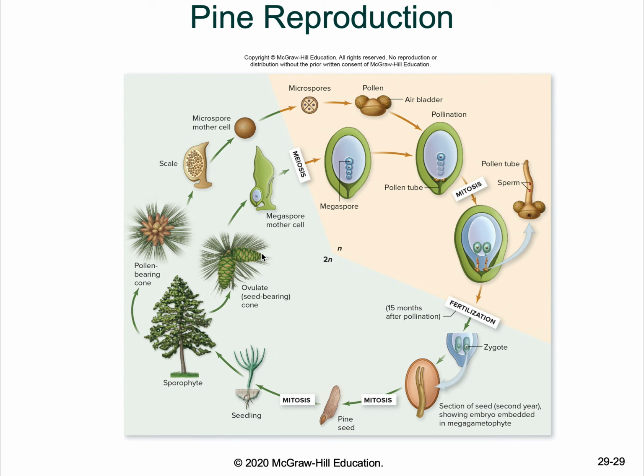And so they have two different cones, and the pollen will meet with the female, but it's an interesting type of system that these have, because if you notice, how do we explain this? Right here, 15 months after pollination. So it will pollinate the female twice, you can kind of see that, but it's not until 15 months that it will actually continue the process. And so you don't really need to know this step by step, but just kind of know that there are